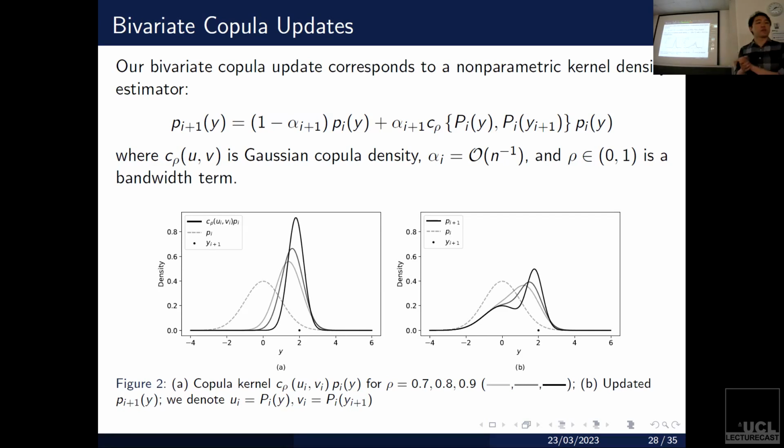But one thing I have to emphasize here is that it's not just a Gaussian kernel. The reason we need to go through this machinery is that if you just use the kernel density estimate, it's not going to be a Martingale. You can actually prove that it'll never be a Martingale. Whereas here, we have a data adaptive kernel. So instead of adding a normal centered at y equals 2, we have this data adaptive kernel that's a little bit regularized towards our previous predictive density, which gives us the coherence property. But diagrammatically, it's just a glorified kernel density estimate in an online fashion.